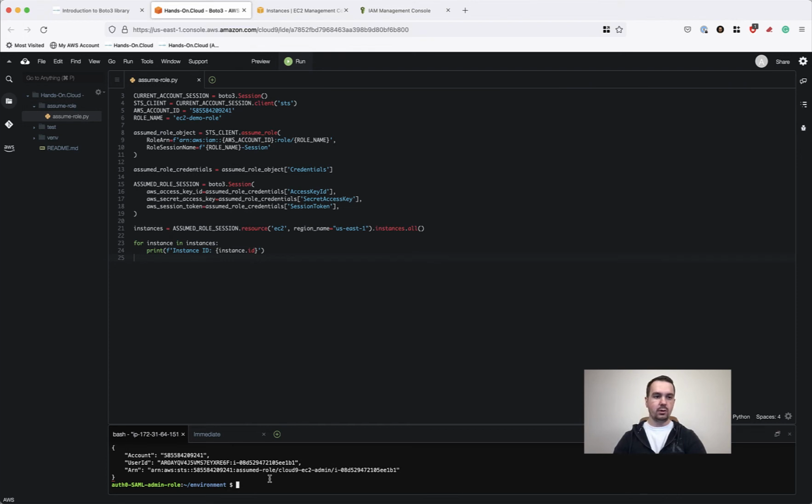So now, to execute this script, let's save the file and activate the virtual environment which we installed in our previous video. So basically, to do that, just as a quick reminder, we need to type source venv bin activate. That will allow us to use a virtual environment where the boto library is already installed. And now we can simply type Python and then assume role py